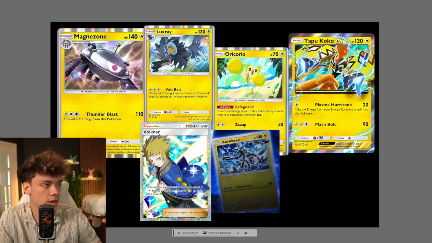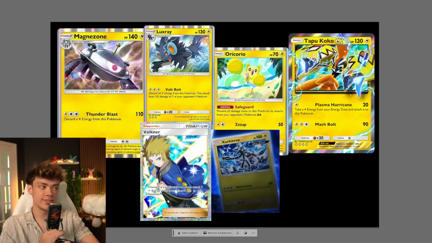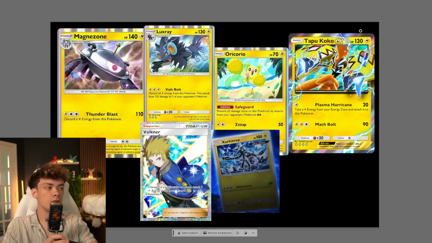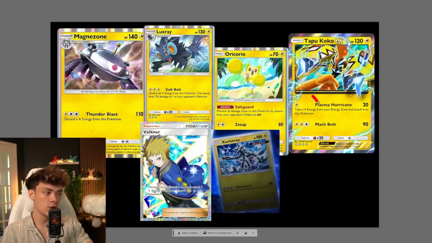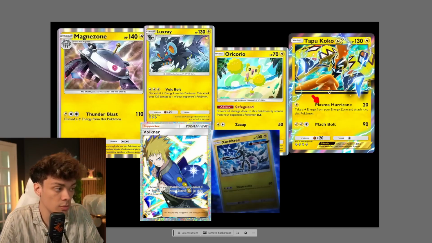The next card we have here that I want to talk about is Tapu Coco EX. Now this is another basic EX Pokemon. It does have 130 HP, which is a little bit low in the current meta, but that might be okay because it's mainly just going to be used as an early game Pokemon because of its Plasma Hurricane, which allows you to attack for 1 energy, do 20 damage, and take an electric energy from your energy zone and attach